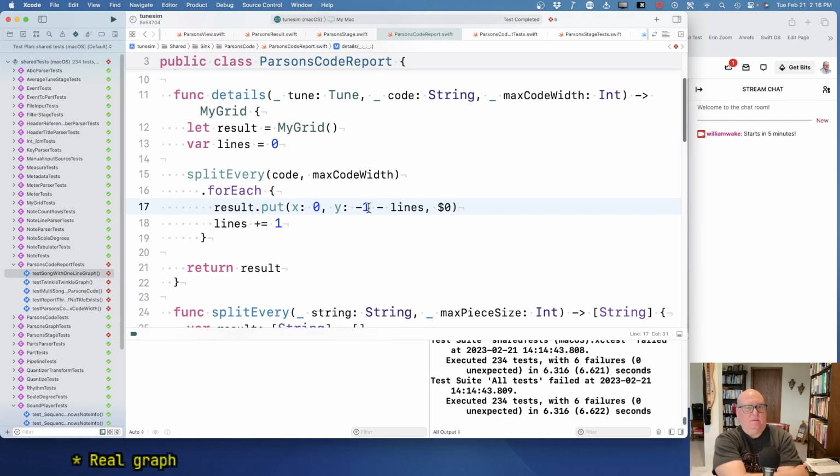Lines is 0. -1? I'm kind of guessing, but